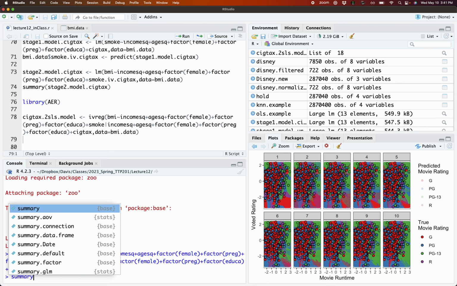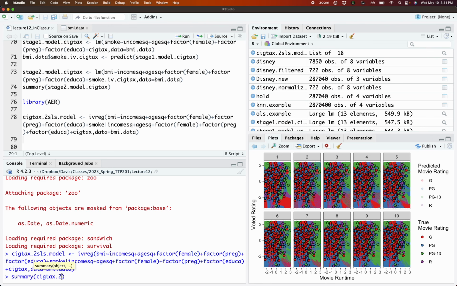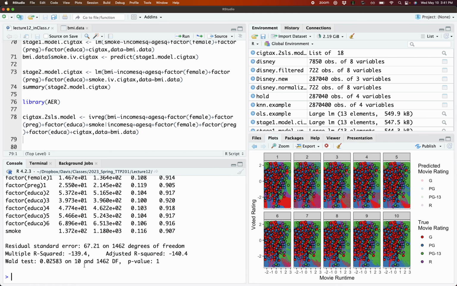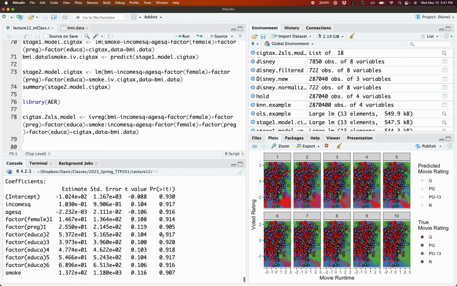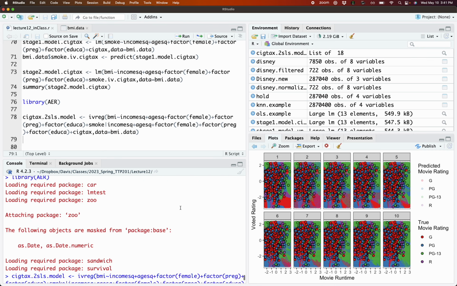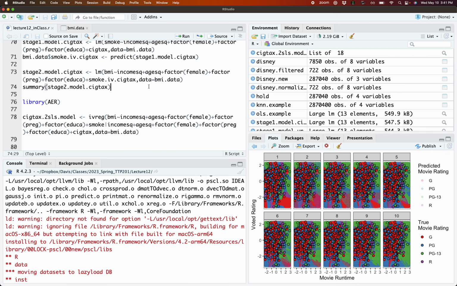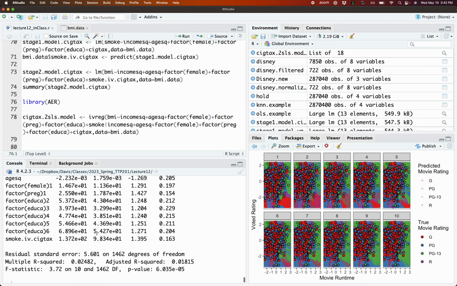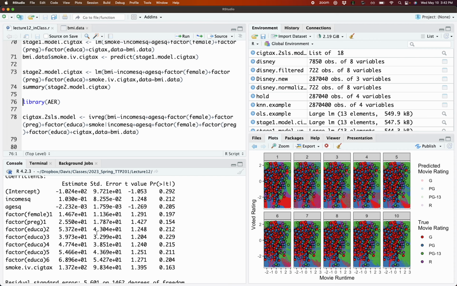So we should be able to see what this looks like. These coefficient values should be exactly the same as before. So we know 1.372 e to the 2, and if we look up, okay, let me just rerun it so we don't have to. Yeah, so 1.372 e02. So all of these will be the same, but note that the standard errors